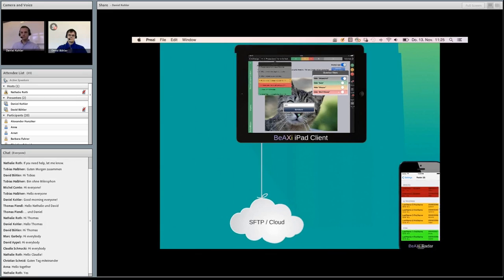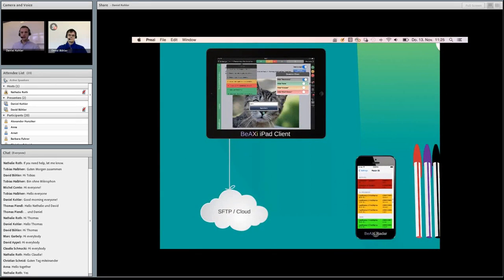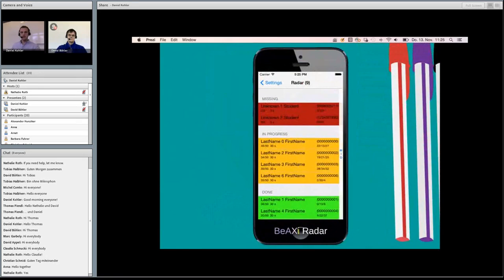So during the exams, if you would like an overview, and this is potentially interesting for staff members, we developed the BeAXi Radar, which is quite a small application that gives you an indication of which examinees haven't started their exam, which are in progress of doing the exam, and also the examinees that already handed in or finished their exam.